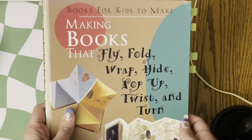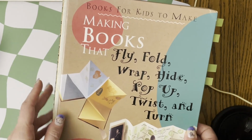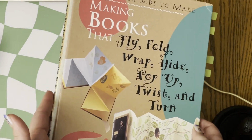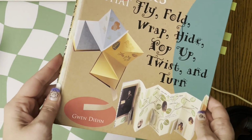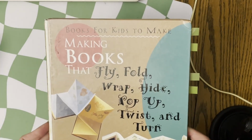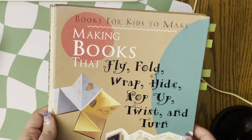So this is very similar to a book that I had when I was younger. I really liked the idea of making your own publications, whether that was your own newspaper or your own journal or your own little magazine. So this is a book about how to make your own books. And I thought we'd take a look at a couple of examples they have today and take a little flip